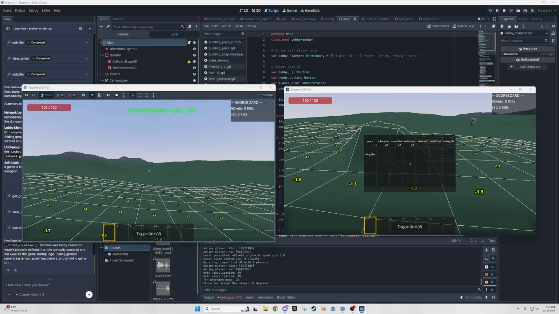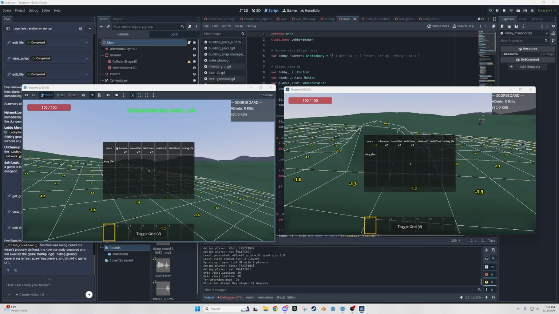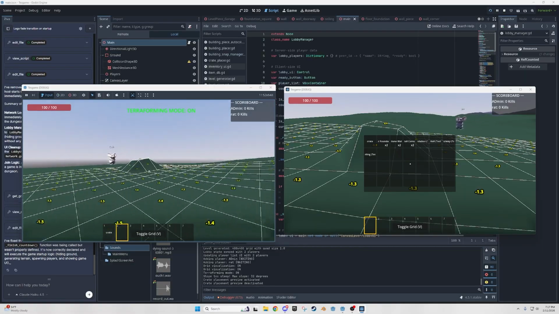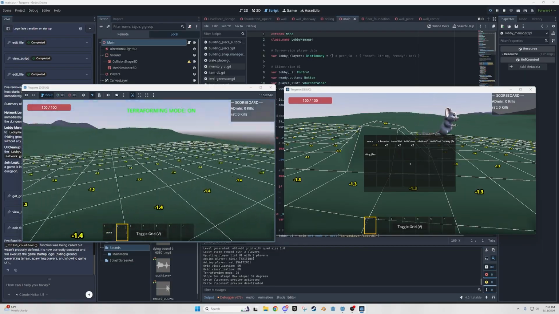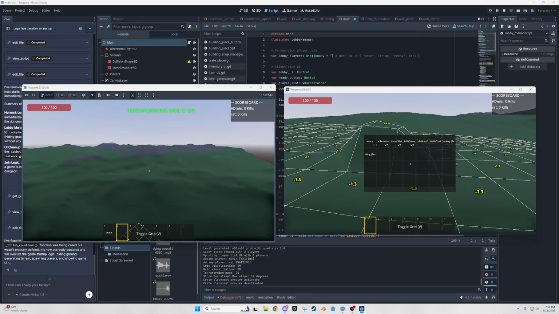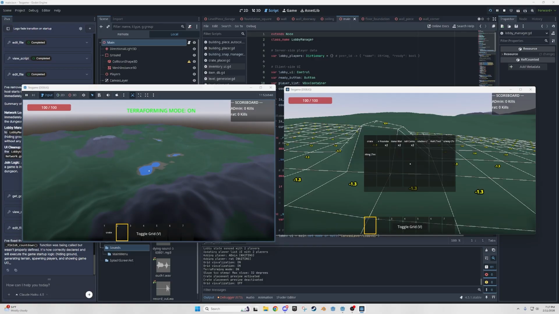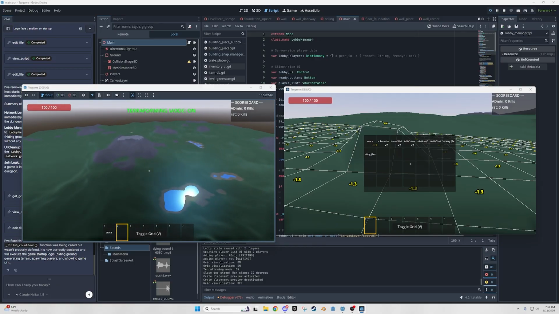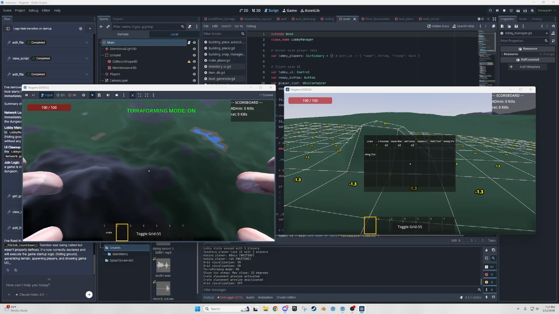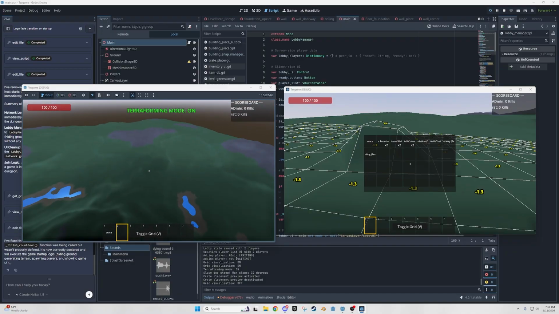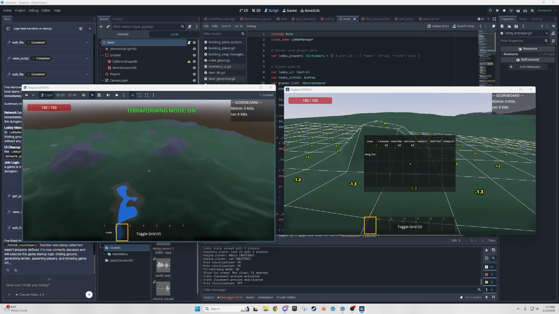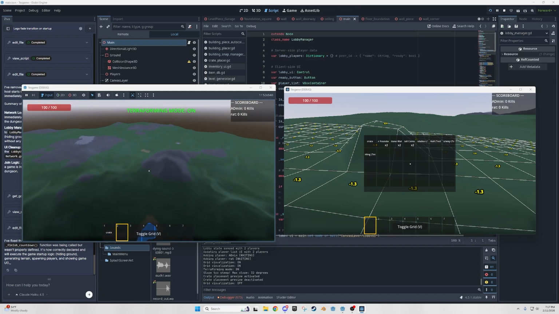But this is crazy. I have an inventory system. I have a hotbar that works. I've got health, which, once I get some other weapons in here, I used to have a blaster in here. Terraforming works. The map generation works. If you look at the map, even, the colors, I literally just wrote a prompt and said, hey, I want the mountaintops to be white. I want the mountains to be gray. I want the valleys and stuff to be green. And then around the water to be like sand. And it did it for me, all of it.